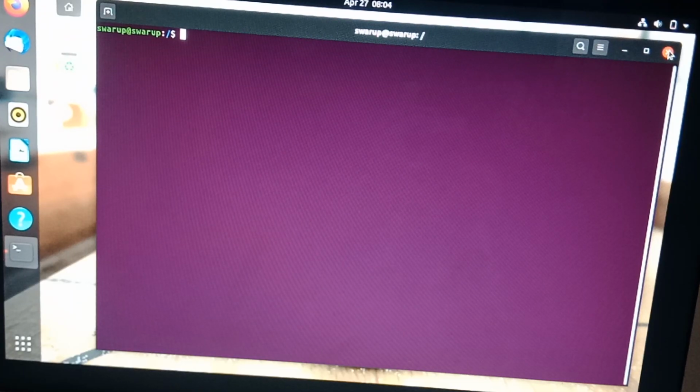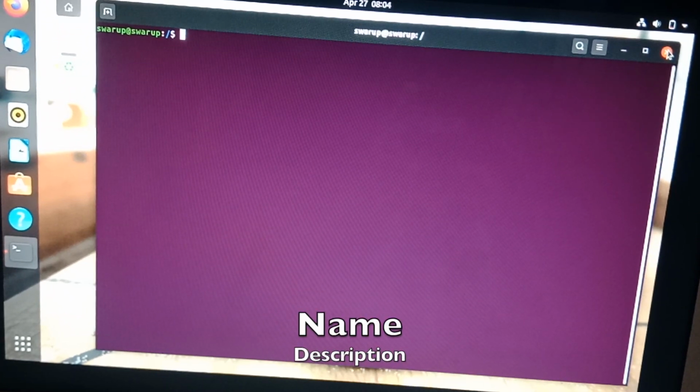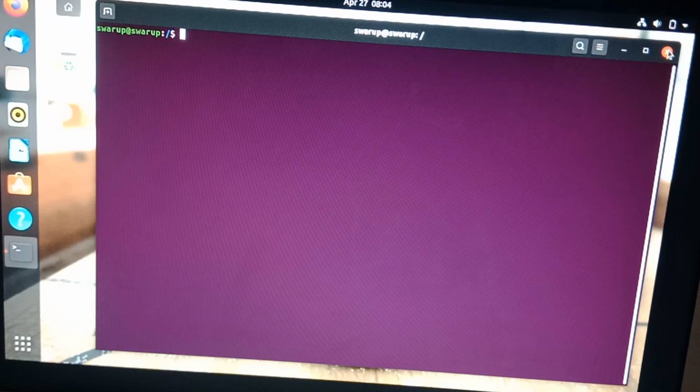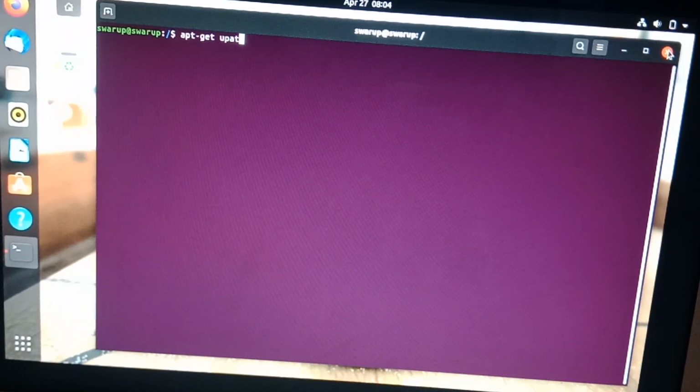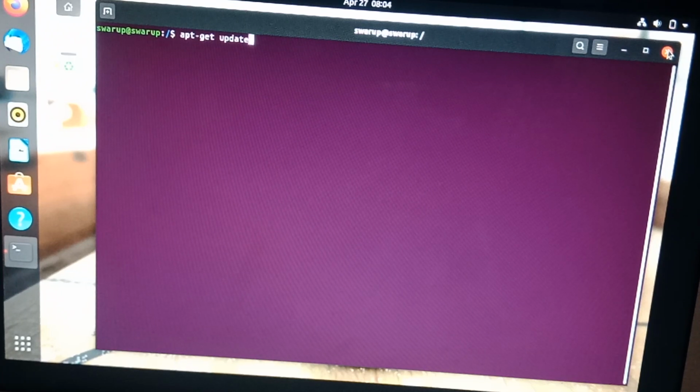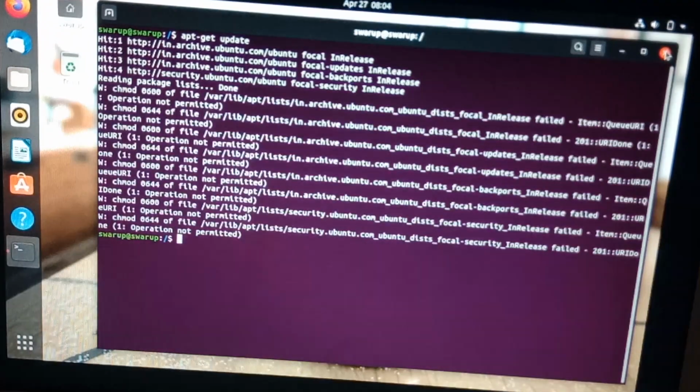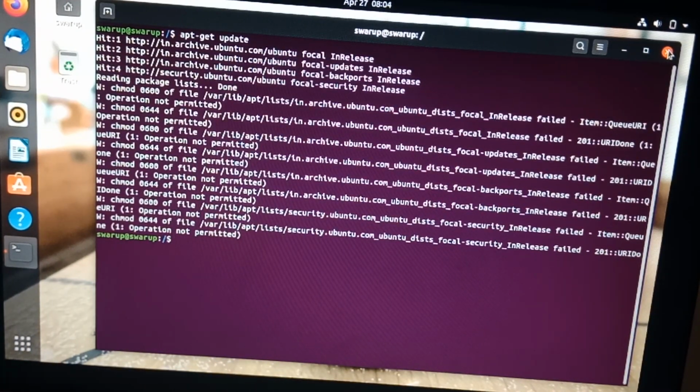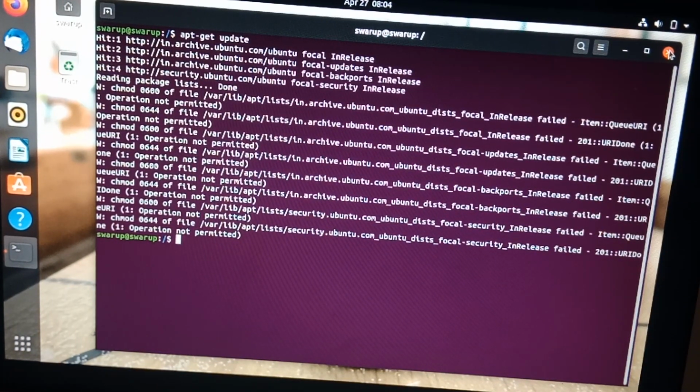So here is a web server, how it works. I will show you how to install Apache Web Server and whether it's working or not. We'll make sure, and how will you understand that? So here we go. Apt get update. This is how we download packages from the configured sources. It's downloading. So now the next step is to install Apache 2.